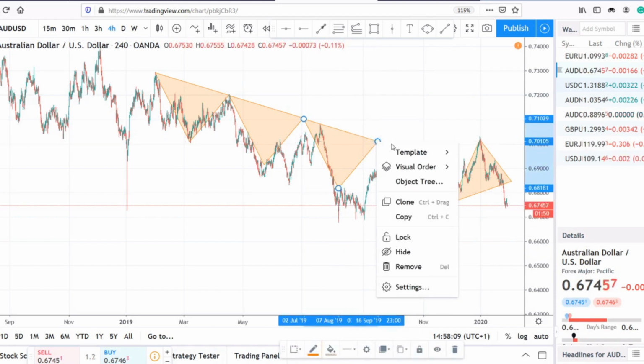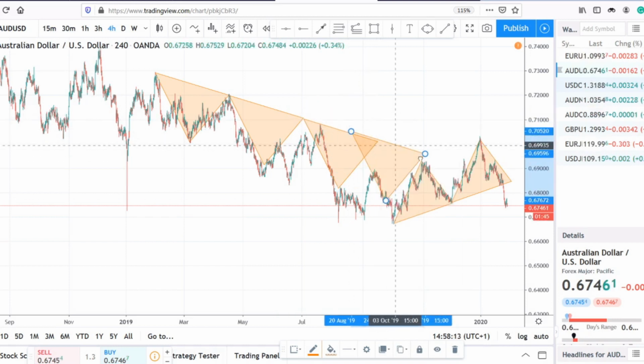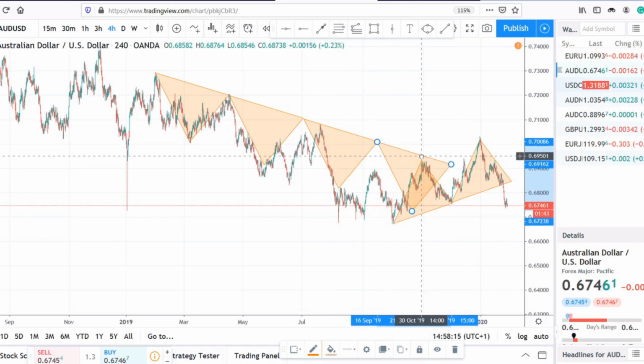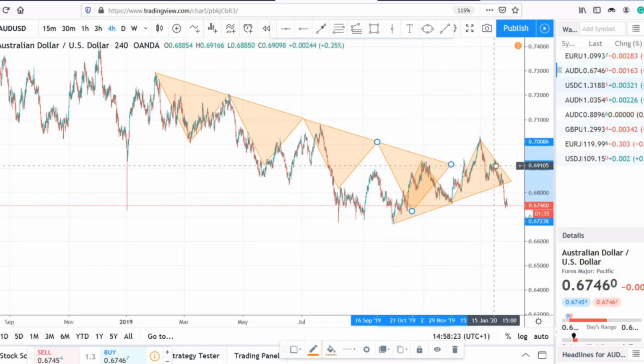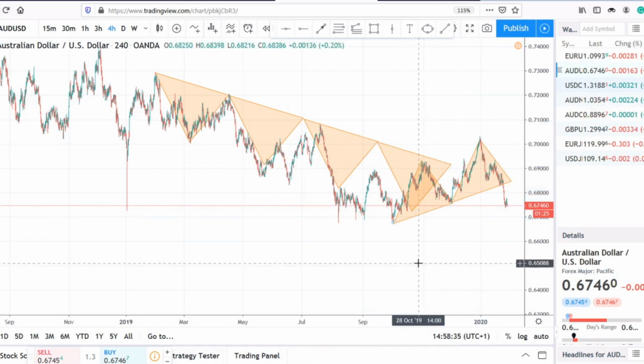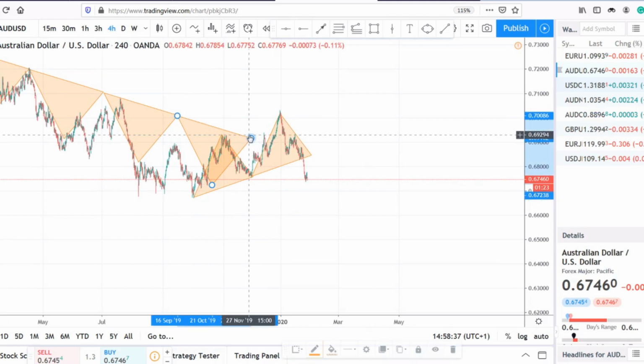Let me draw another triangle here. Let's clone it and put it over here. So, very strange, but this area, on those 2 triangles I drew before, the top of this corresponds to the top we've drawn here. That's the reason why the price started rising here. If we draw another one, like this one,